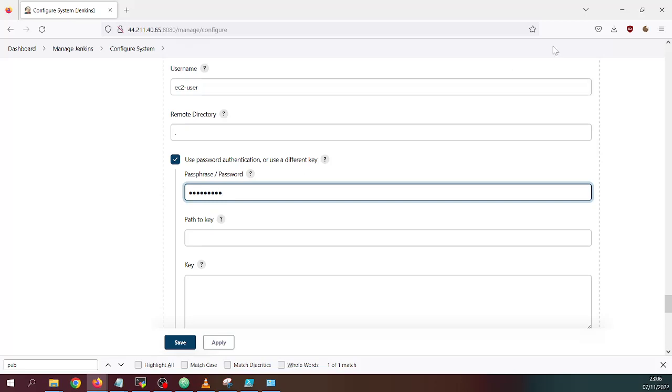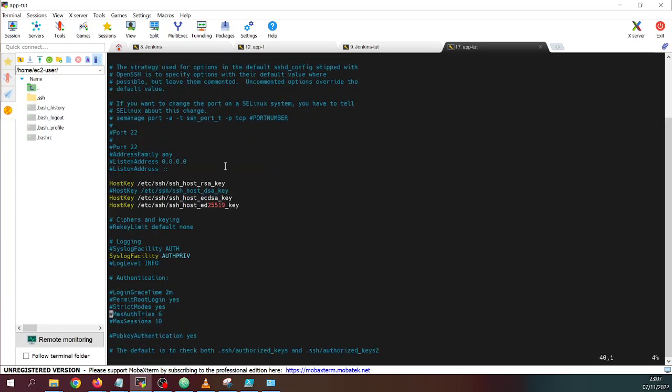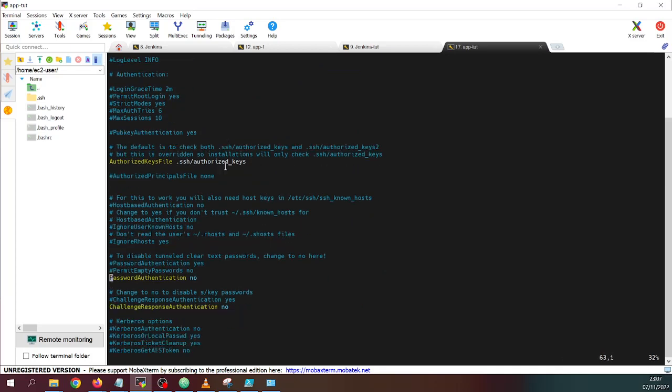Okay, and now we have to go back, and by default Linux doesn't allow this SSH authentication, so we need to update our sshd_config file. In order to do that, we just go vi sshd_config, and we look for, yes, here we go, the password authentication section, and we need to change that from no to yes. Escape, write quit,